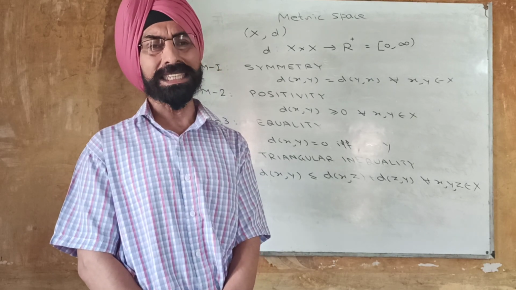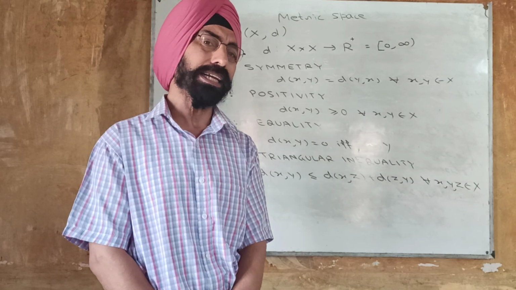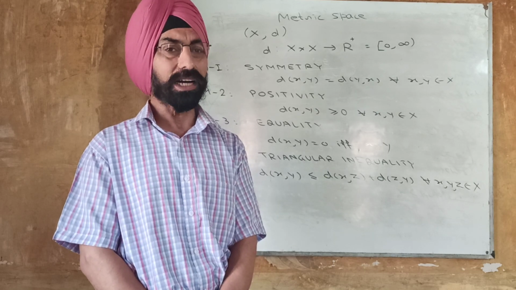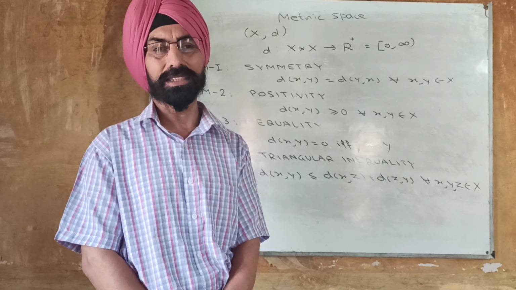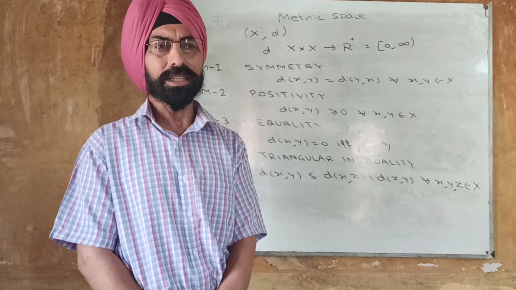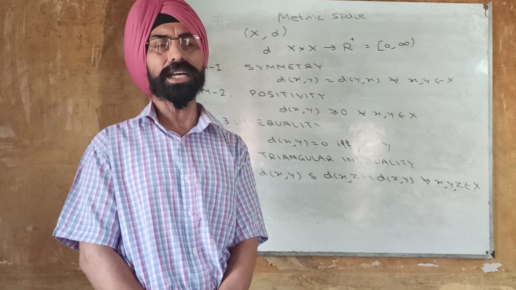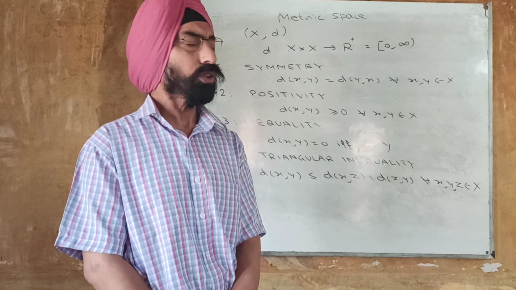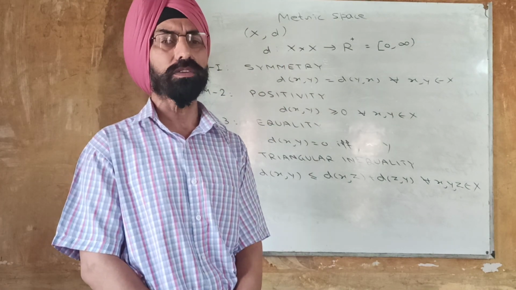After some 8 years, in 1914, the metric space and the term metric was used by Felix Hausdorff, and he used it in topological spaces. After 8 years again, in 1922, Kazimierz Kuratowski used it in great detail in several fields of mathematics. So after the definition of a metric, now we look at some examples of metric and